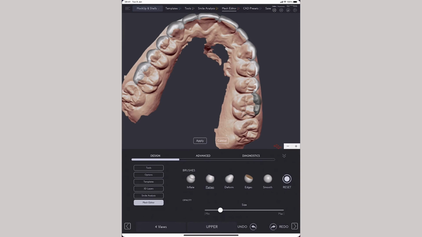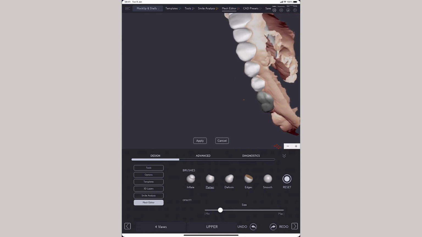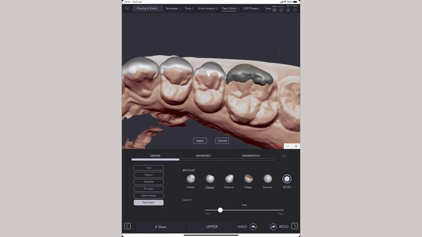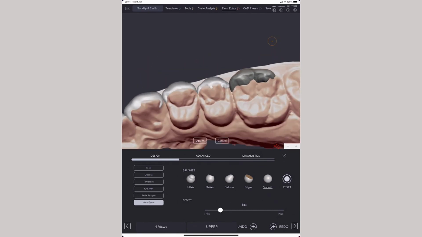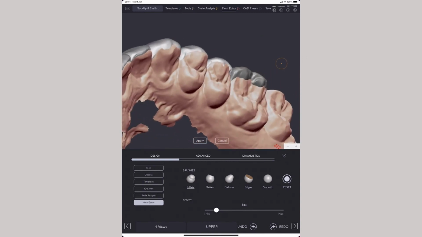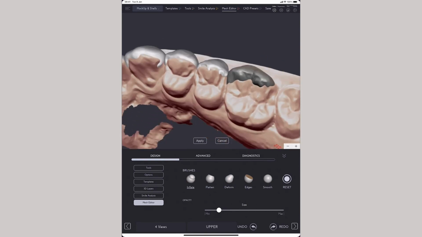If you're doing a composite restoration, so let's say you're doing composite veneers, you can be very precise and really customize it and use, for example, smooth here to smooth out, and make sure you have this closing area, this margin, precisely as you want it. Now for a mock-up design, it's not